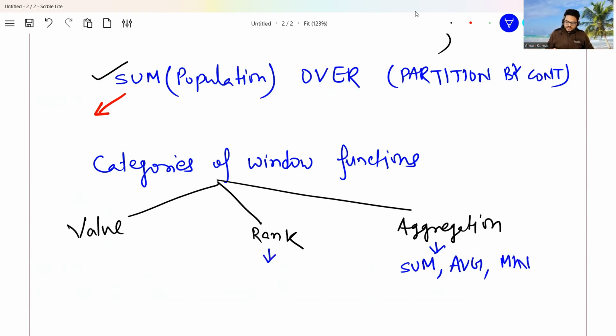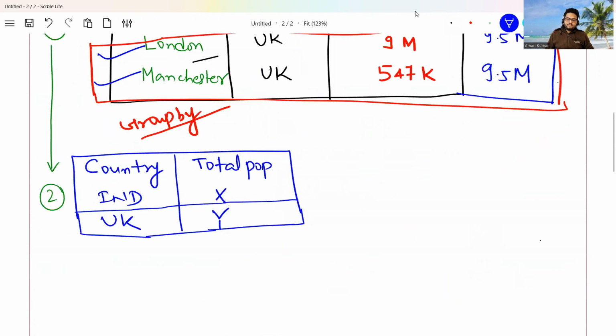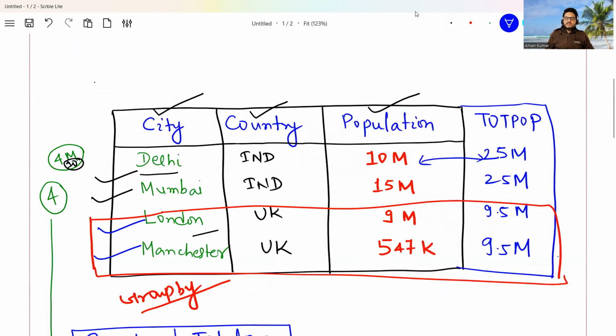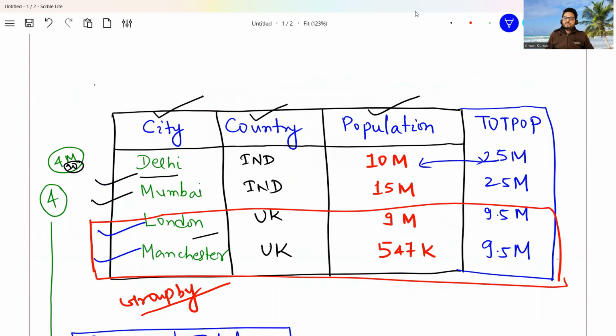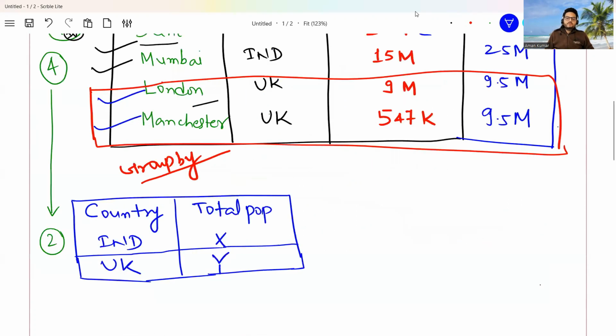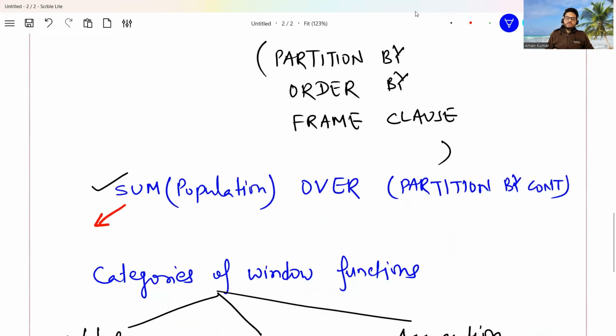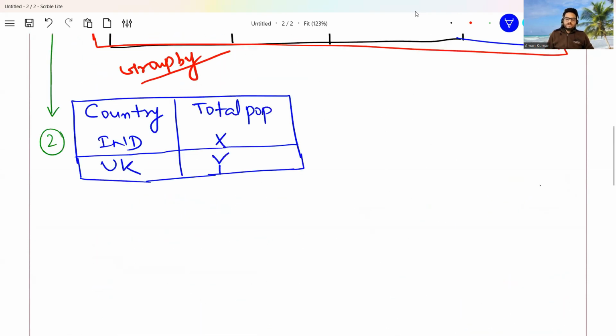Now in this data, I can also ask, give me the rank of cities of India by population. So for example, Mumbai will be first rank and Delhi will be second rank. Here London will be first rank, Manchester will be second rank. So if you want to get rank and if you want to get percentiles, for example, here you can say